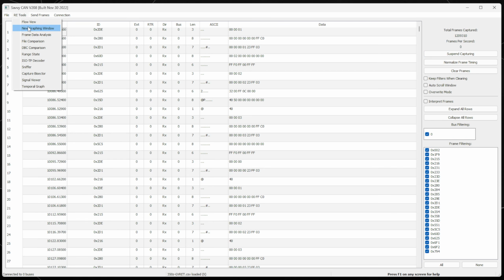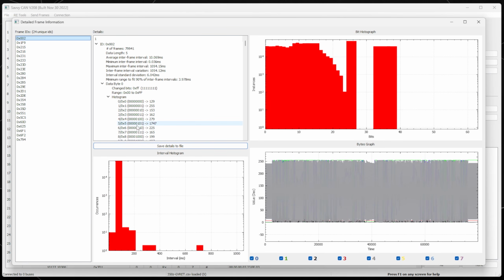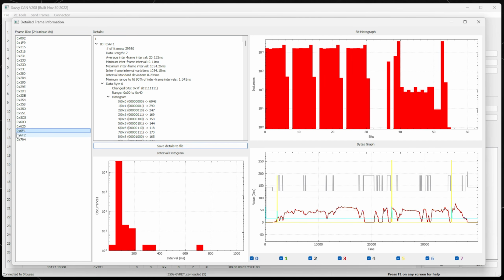What about something that is not just a simple 00 through to FF single scale value? What about something that has a modifier byte, or a least and most significant byte? How do we find those, and how do we plot the two together? Again, it's actually pretty easy. So let's find a candidate first. We'll go back into frame data analysis, and I'm just going to jump to a couple that I know to be candidates. So if we go to